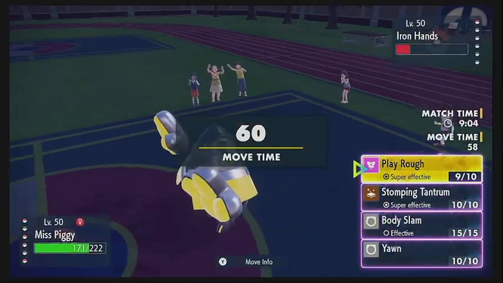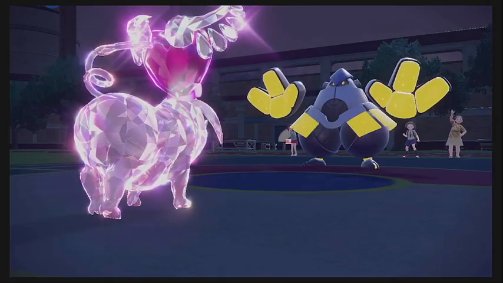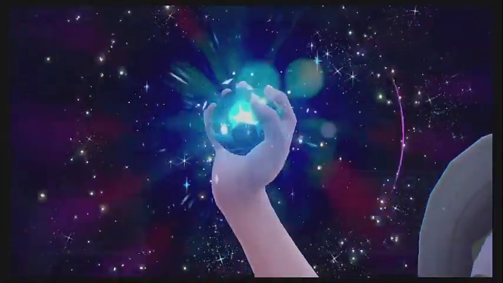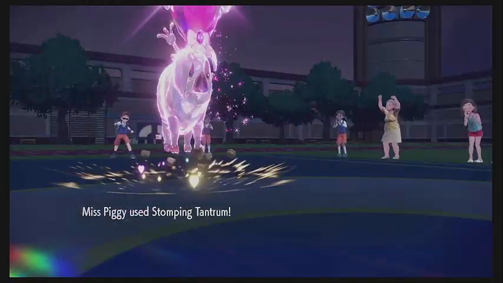And we don't really want to risk missing a Play Rough here, so we're just going to go ahead and fire off a Stomping Tantrum here. And he is going to go ahead and Terrastallize, though, at the last minute here. He's going to pop his Terra on the Iron Hands, and what type is he going to turn into? He's going to turn into a pure Electric type, which actually I think would have helped him out quite a bit the turn before in taking that Psychic a little better, but nonetheless, I guess better late than never, but